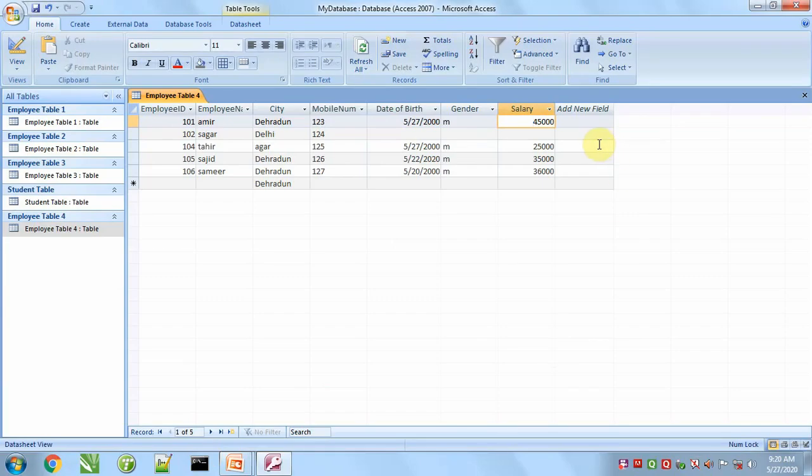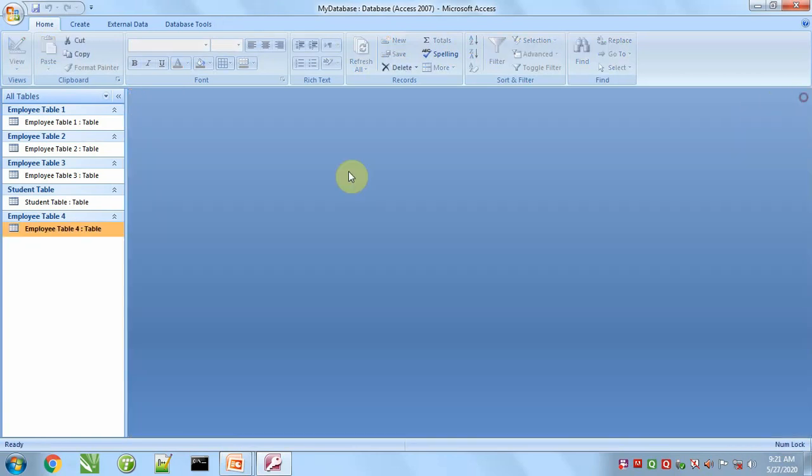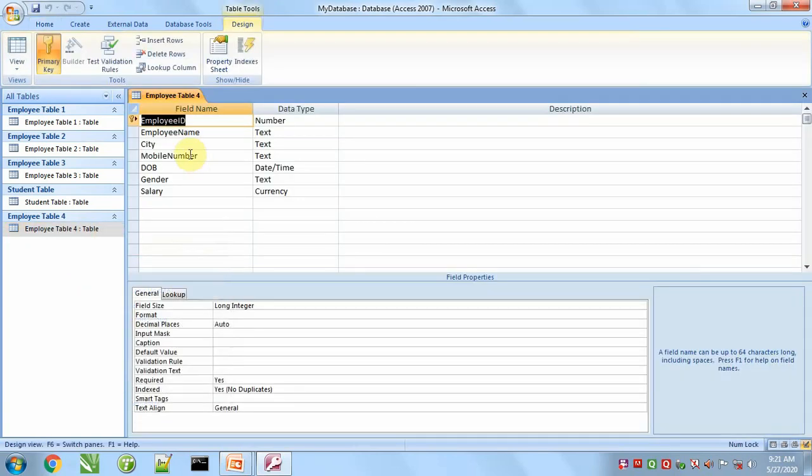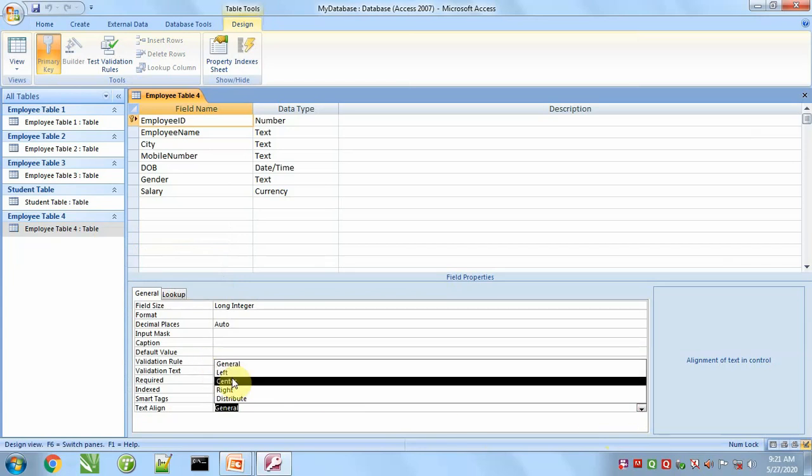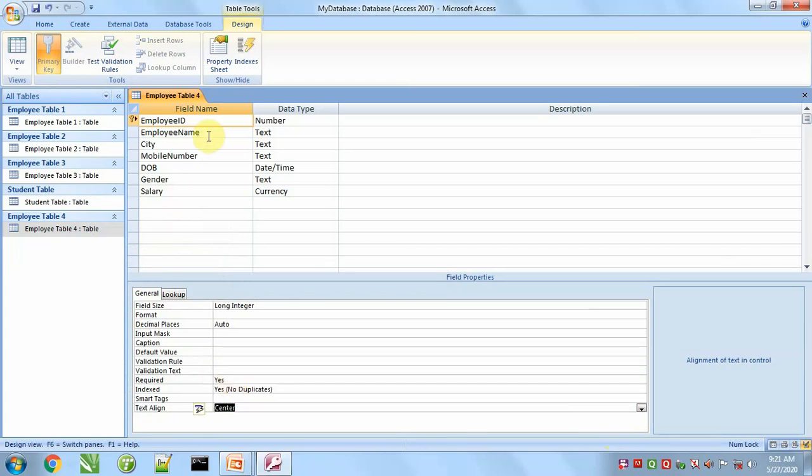Text align: we can do it left, like 101, 102. If we want to make this data centered, for this we will open this table, select employee ID and text align center, so data will be centered.